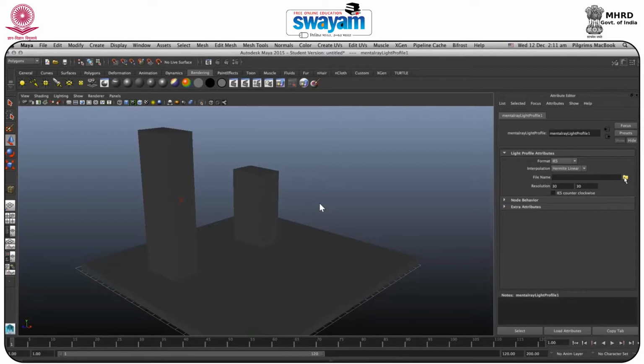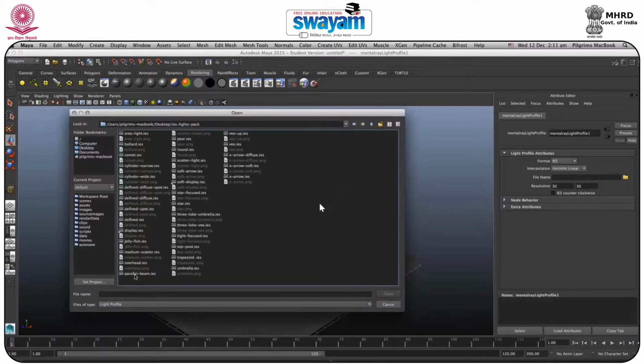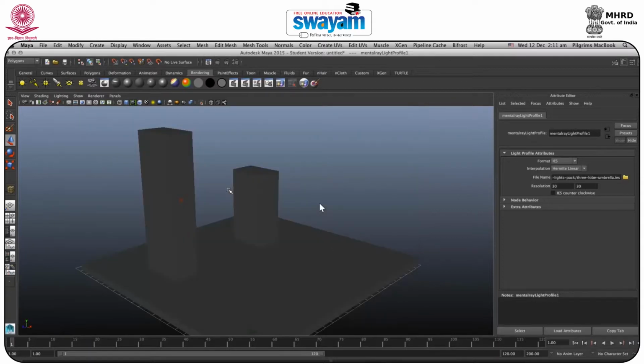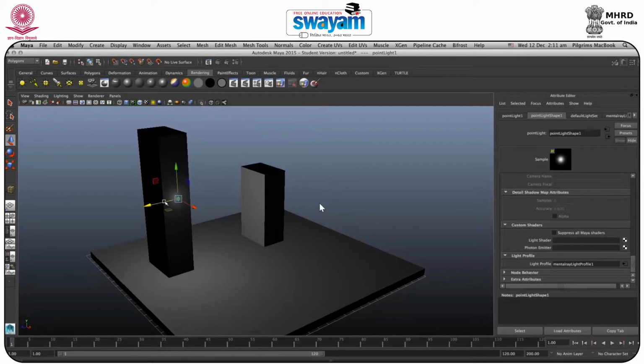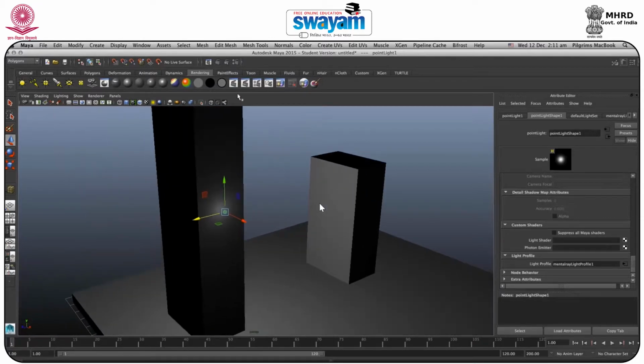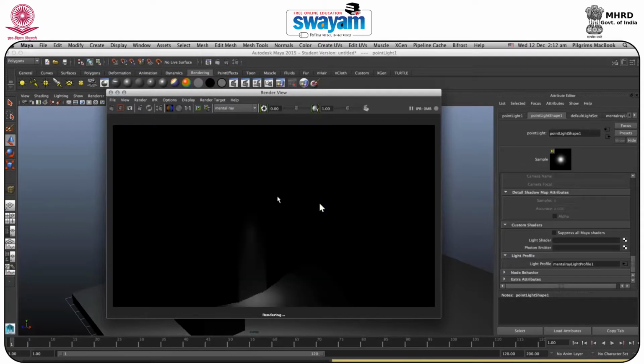Okay, so I will click over here, go to the desktop where I have kept my file, and just select any of them. Okay, so I think I will select this. If you press 7, you will not find any update in your view screen, so I will just do a render. As you will see, the intensity of the light is very low. By default the intensity of the light is low, and what we have to do,